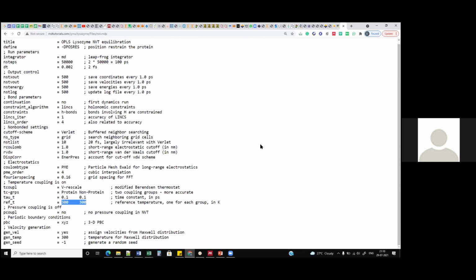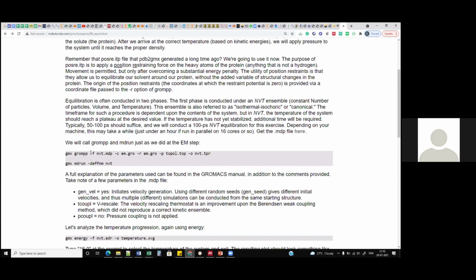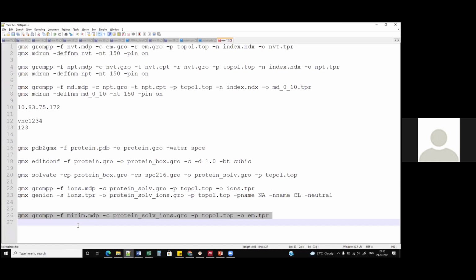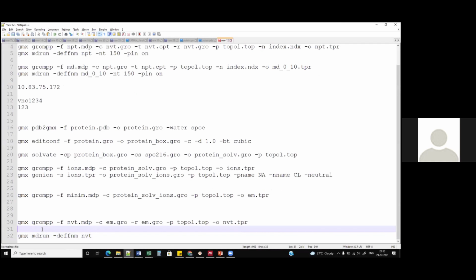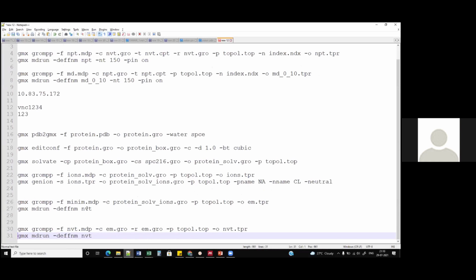We'll download the file, run a grompp preprocessor command, and then run the mdrun command. I'll copy all of these commands and show them to you. Over here it was EM.